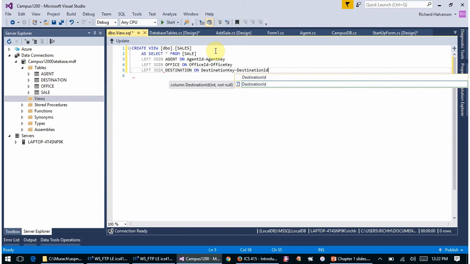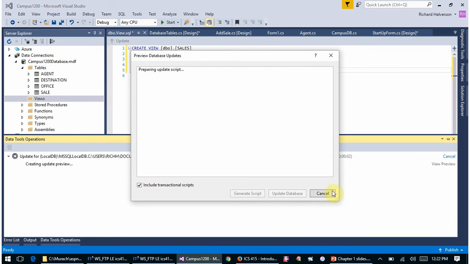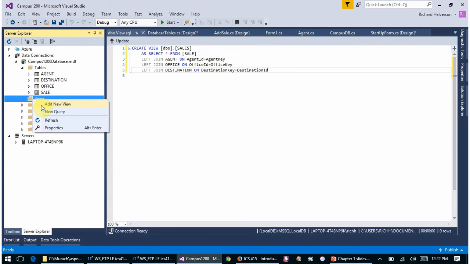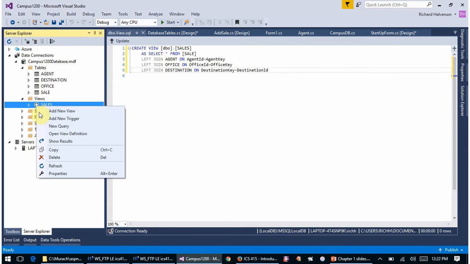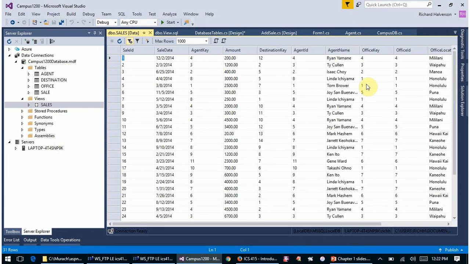Yeah, that's good. Is that right? Is that everything? Yeah, I think it is. Okay, so that's my view, and you do the same thing. You update, and that creates a script. Click Update Database. And then you refresh the view, and there's the view, and you can right-click and say Show Results. And there you go. So now I have this nice big long table here magically,